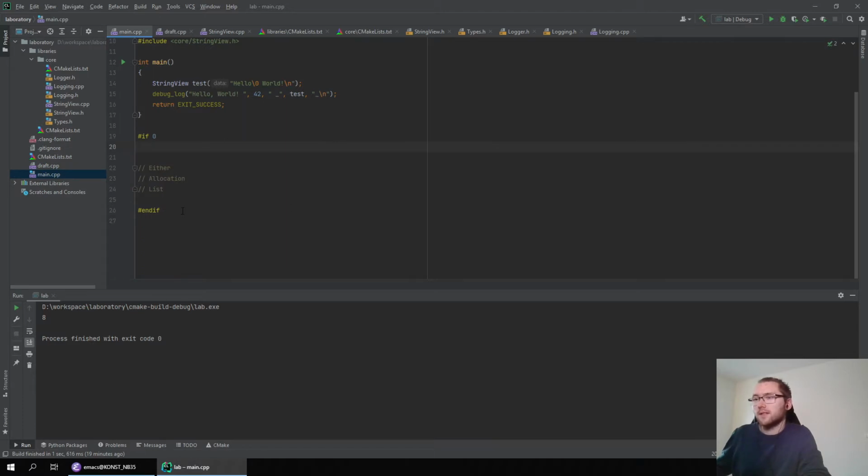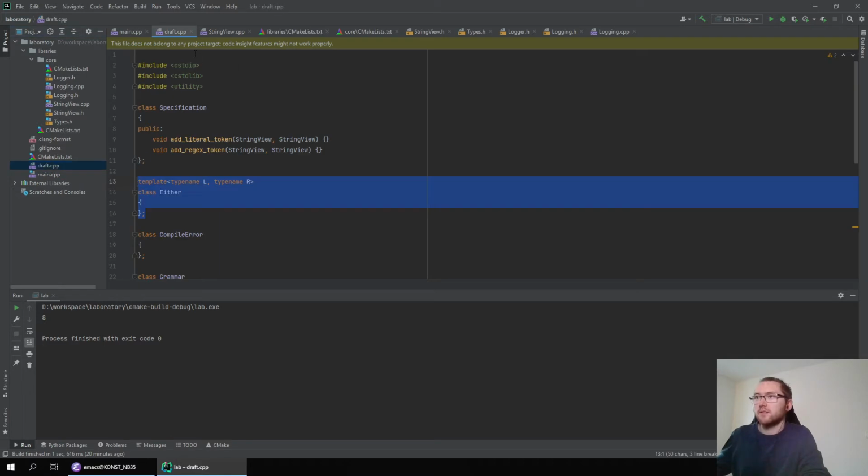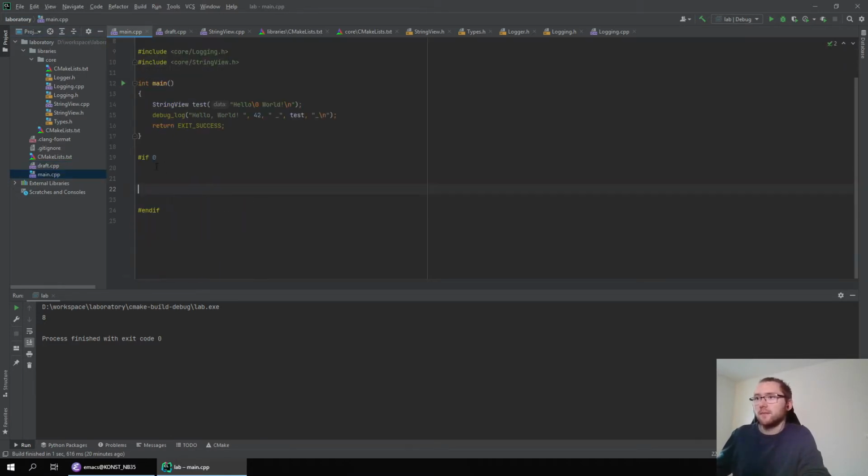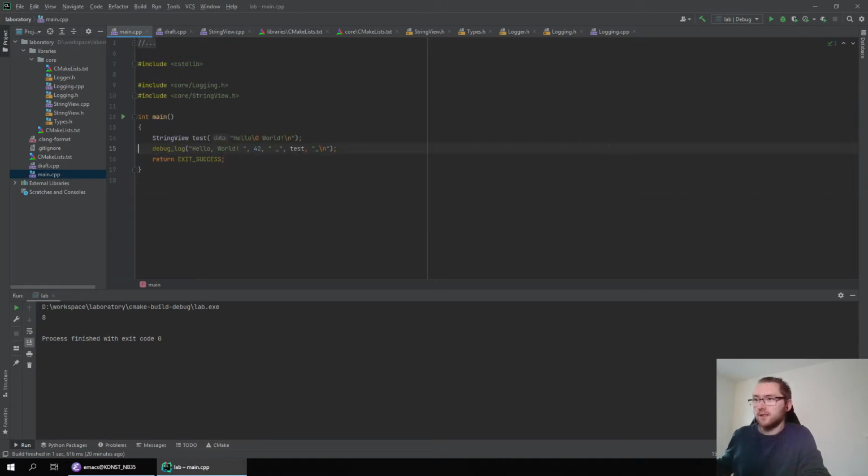And then I will just move my list here too. So just to clean up the main file. Let's rename this variable to message.